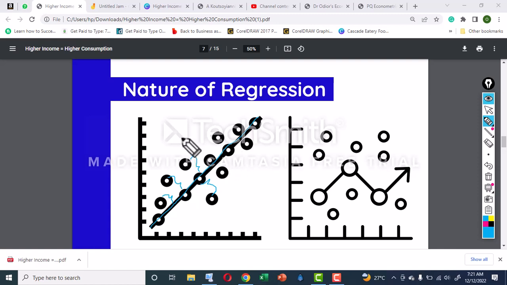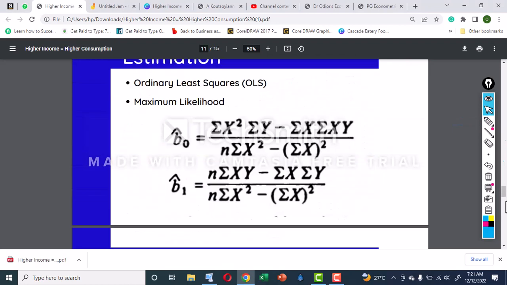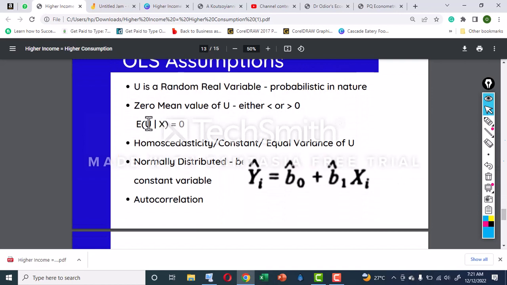Although some of them may be greater than 0, some of them may be 1, some of them may be -1, some of them may be 2, the sum of all your error terms should be 0. That's what this second assumption is talking about, that there is a zero mean value of mu, of the error term. The symbolic representation is the expectation of mu given a value of x is 0. Now the next one is